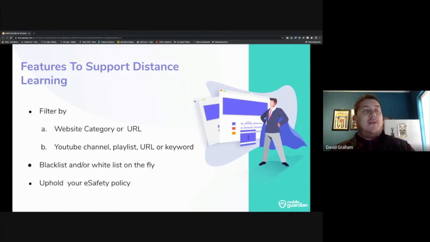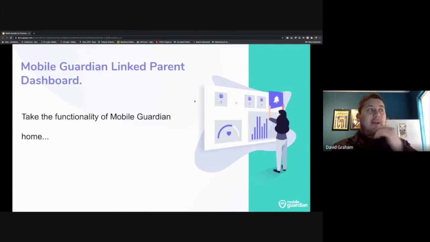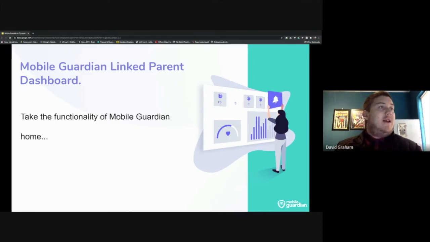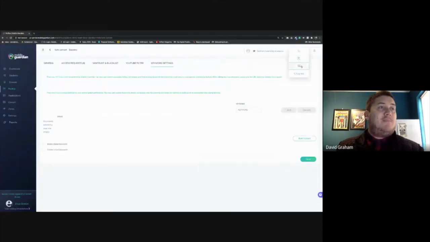And then you'll see another part where the filter comes in is the linked parent dashboard that I'm going to jump onto now, and kind of how parents can now start taking advantage of this. So I'm going to jump very quickly into this because it's still something that is becoming a bigger conversation, but I think it still holds great value, and that's our Mobile Guardian linked parent dashboard. So it's essentially taking the functionality of Mobile Guardian home. And what that looks like is, if I jump in here to the parent dashboard,